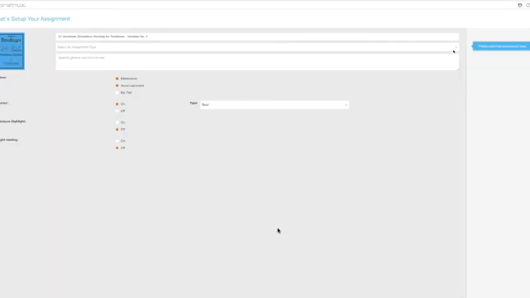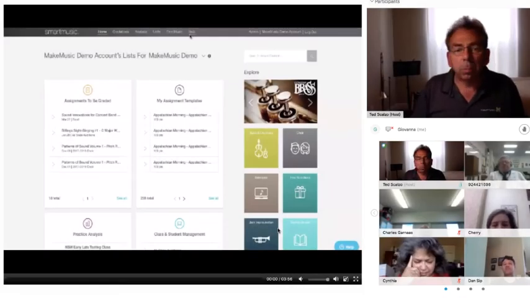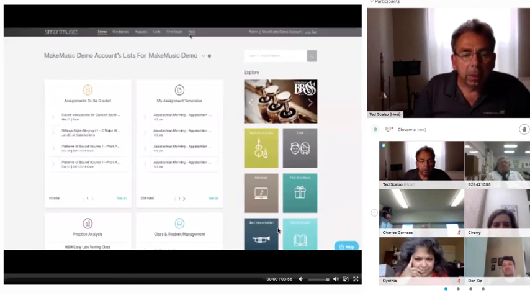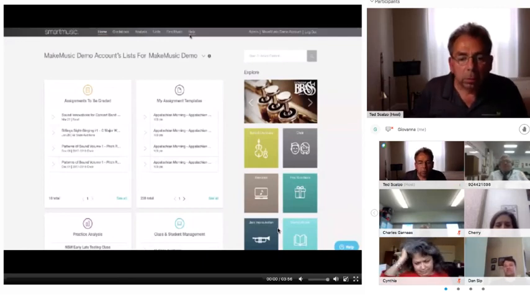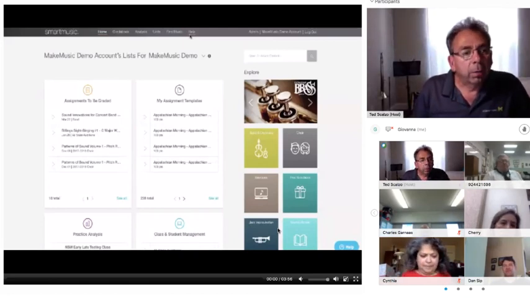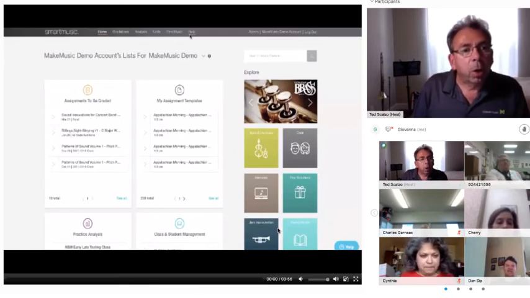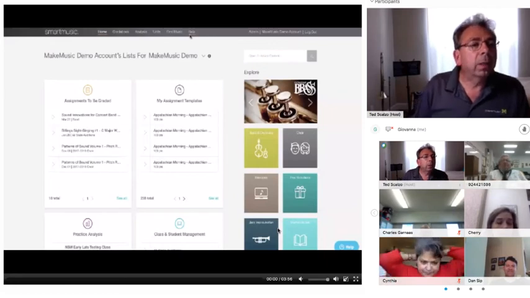So again, this is just one example of how SmartMusic could be used in the studio for private lessons as well. I have one more category that I wanted to highlight a little bit here, and that's basically the large ensemble. The large ensemble in all of our schools is probably the most interesting because of what it affords us. So what I'd like to do is share with you